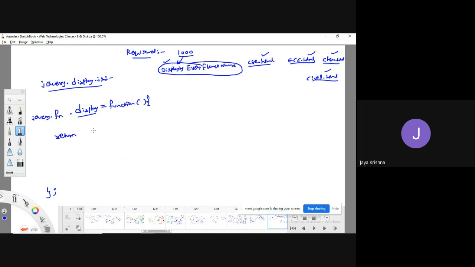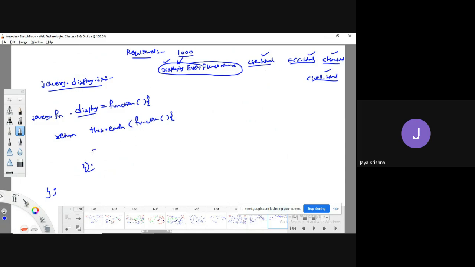Guys, this is a simple example. You know the way of writing the each method. So this function now contains every element.